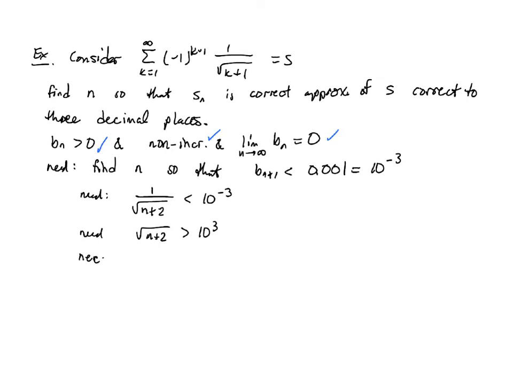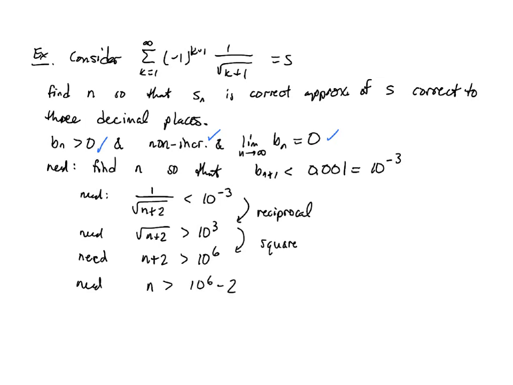That is, we need n plus 2 to be greater than 10 to the 6. Right? So here I took reciprocals, and here I squared both sides. Okay? And so that means that we need n to be any number that's greater than 10 to the 6